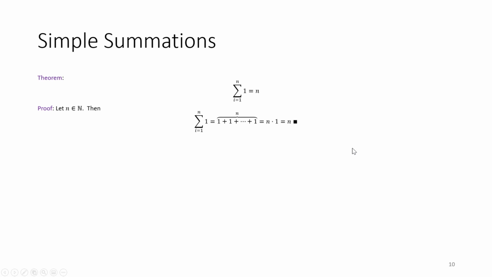But I've included a quick little proof here. It's hardly more of a proof than just applying the definition of the sum and seeing what it is equal to. So here I've just expanded the summation into the more cumbersome notation with the ellipsis, and just noted that 1 plus 1, n times, is n, which we should know. Okay. Again, to make it a little bit proofy, I just start out here with this assumption that n is